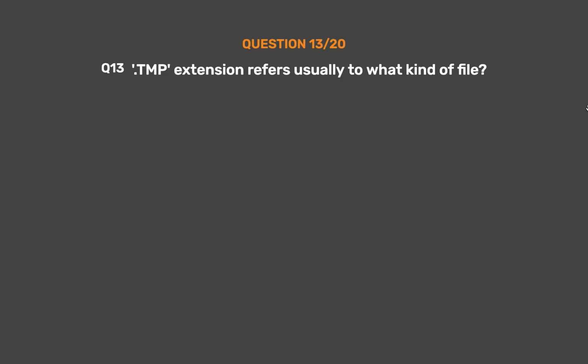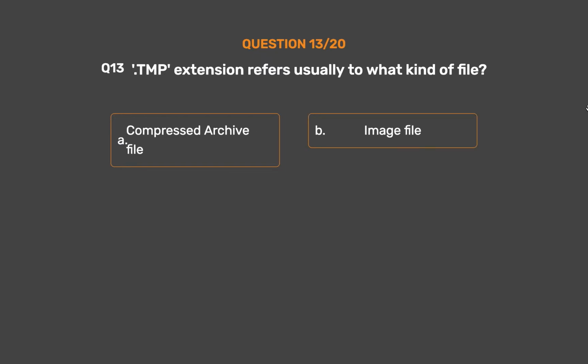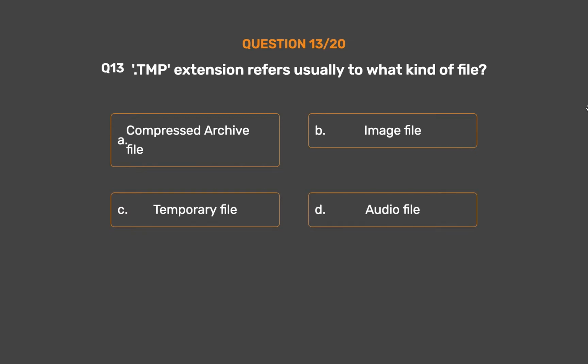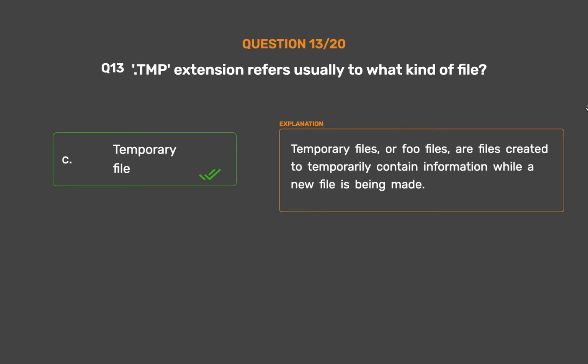Question number 13. .tmp extension refers usually to what kind of file? Option A. Compressed archive file. Option B. Image file. Option C. Temporary file. Option D. Audio file. The correct answer is option C. Temporary file. Temporary files, or foo files, are files created to temporarily contain information while a new file is being